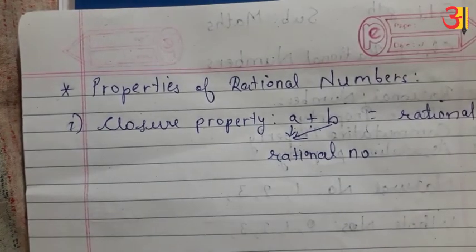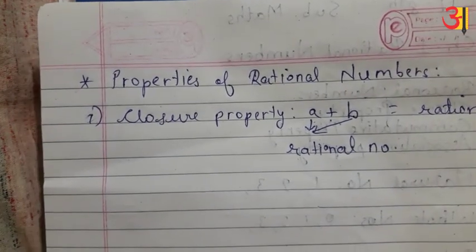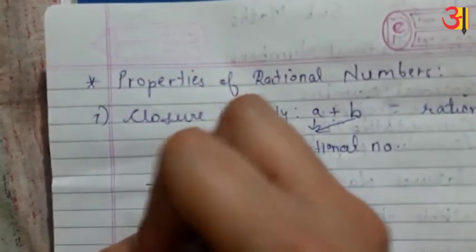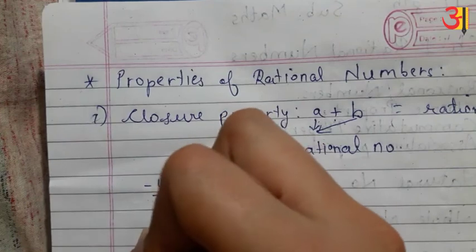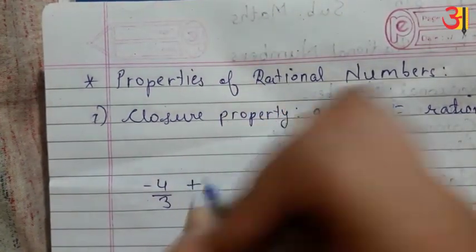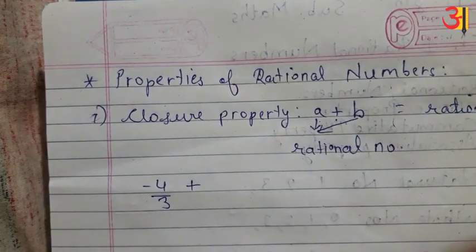For this, we would consider an example, that is, if a number, let us consider minus 4 upon 3, and we are adding, then, and if the